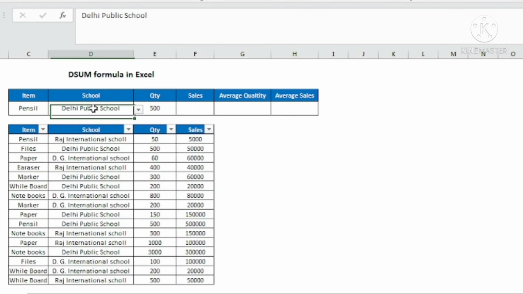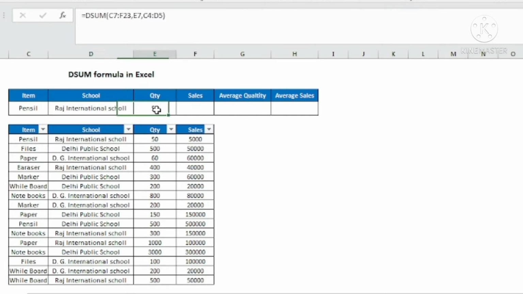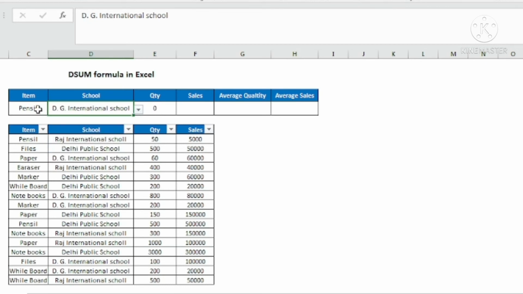Again, if I want to see pencils sold for any other school, it is 50. For any other school, it is 0. Any other item, I can check based upon two criteria.